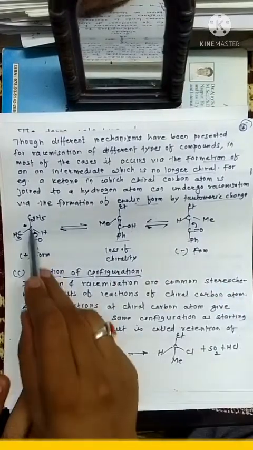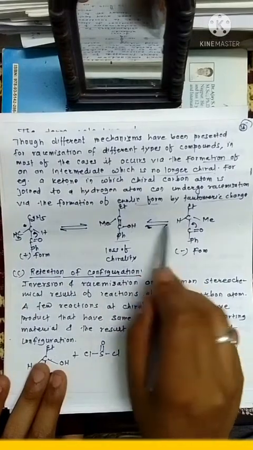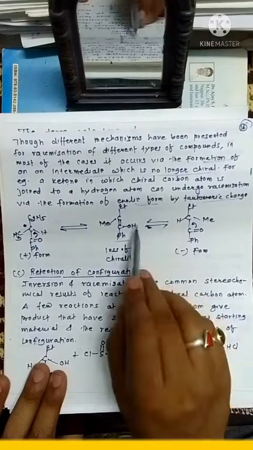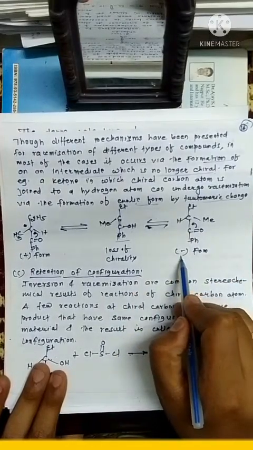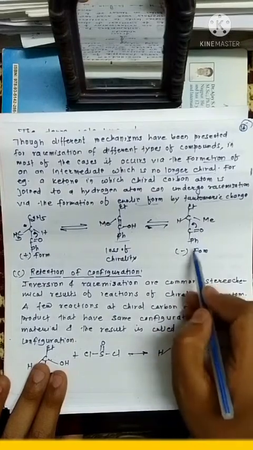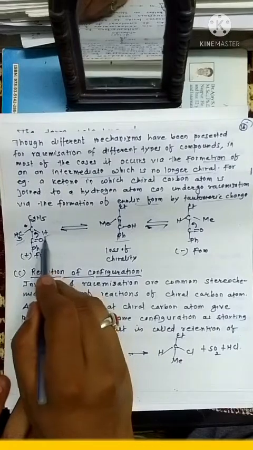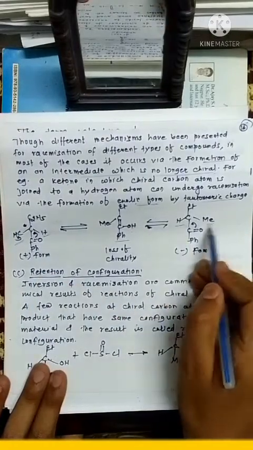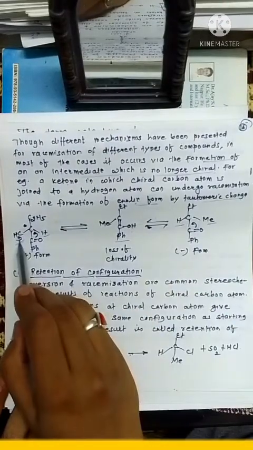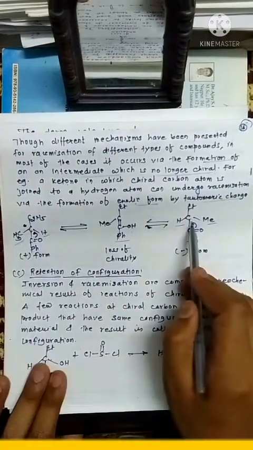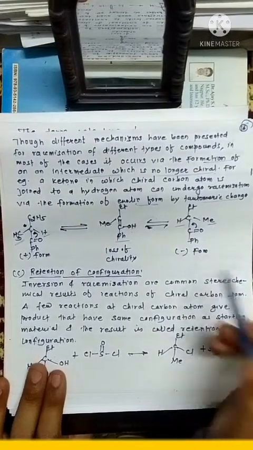Now just see, it is the positive form of the ketone. When it passes this stage, what do we get? We got the negative form of the ketone. Just see the placement of methyl and hydrogen in both compounds, they get interchanged. In this case, the methyl group is present on the left hand side, here it is present on the right hand side. That's why it is the negative form.